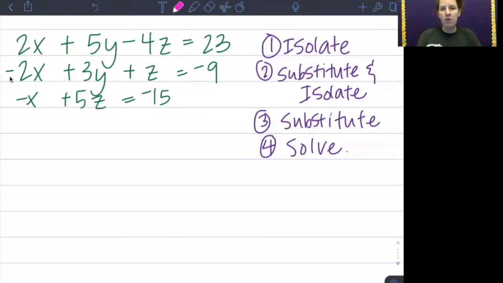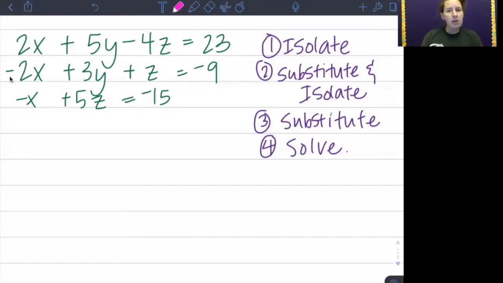Let's do one more example of solving using substitutions on a 3x3 system of equations. I've summarized our steps for solving over there on the right. If you recall, the first thing we want to do is isolate a single variable in one equation. Then we're going to substitute that expression in for the variable in a second equation and isolate a second variable. Then we're going to substitute that into our third equation where we will be able to start solving for our